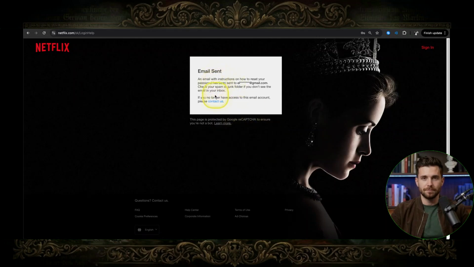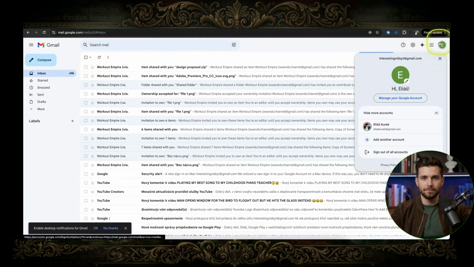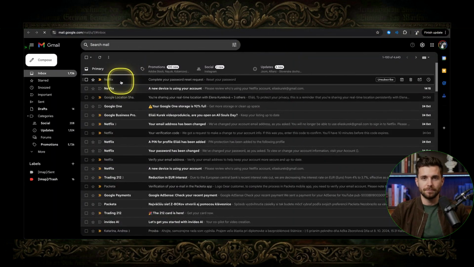Enter your email address into the field provided, and then click Email Me. After the confirmation appears, check your inbox for the message from Netflix. Inside that email, click the Reset Password button, which will take you to a page where you can create a